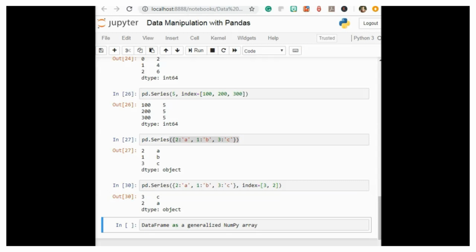To demonstrate this, let's first construct a new series listing the area of each of the 5 states discussed in the previous lecture, starting it off with